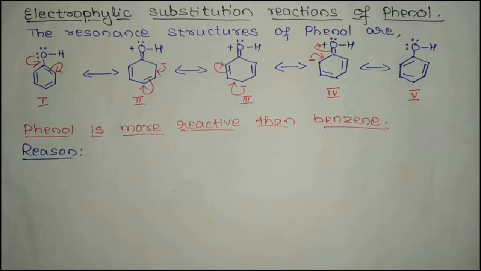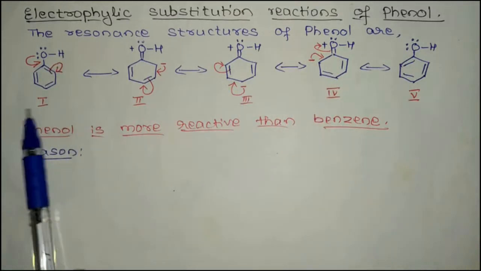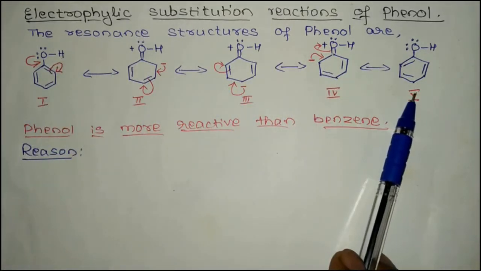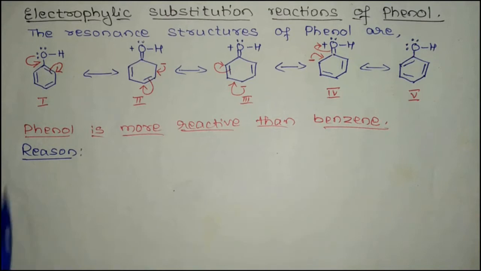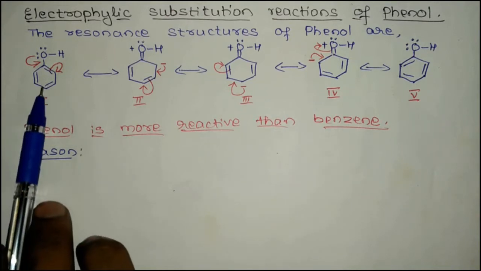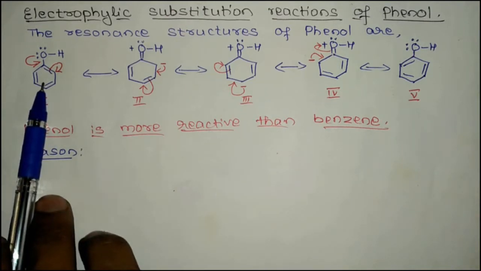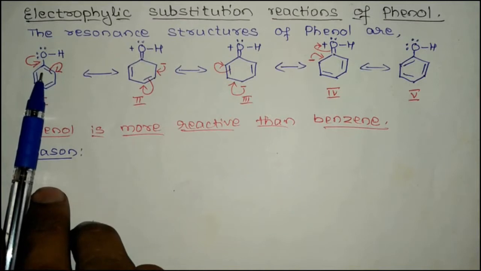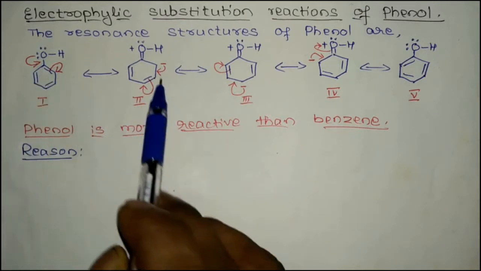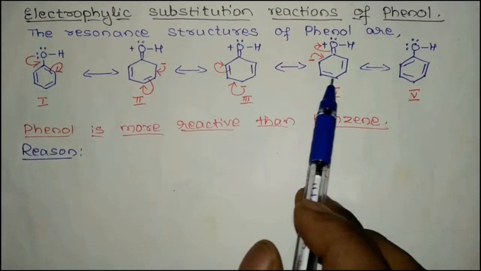Students, now we'll discuss electrophilic substitution reactions of phenol. We can write the resonance structures of phenol like this. Already we have written such type of reactions. Because of the electron donating nature of this OH group, electron density is more in ortho as well as para position,